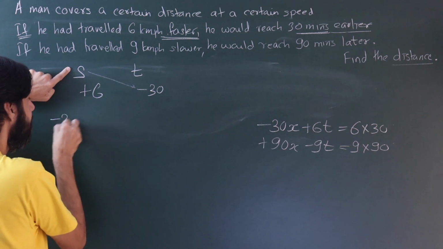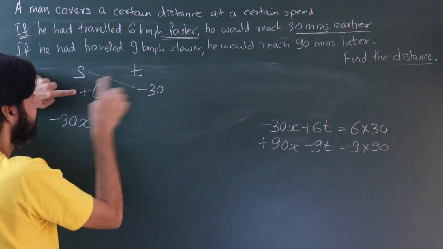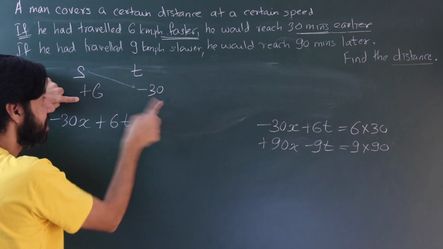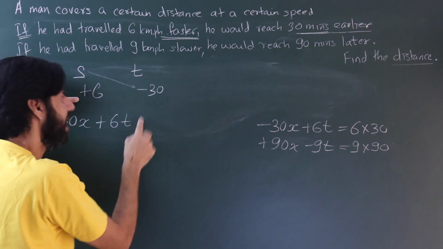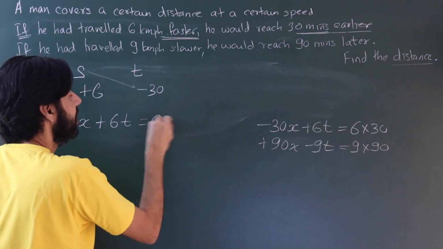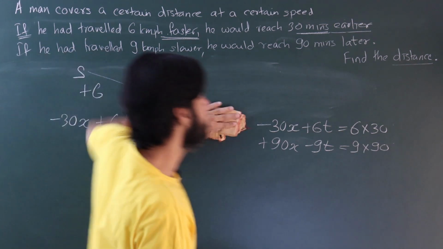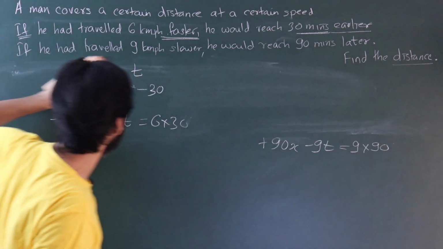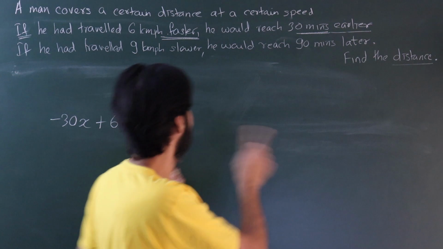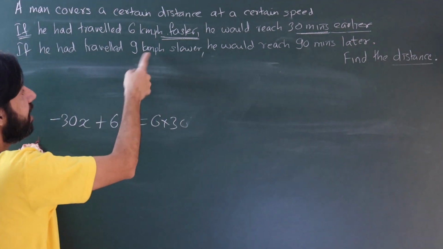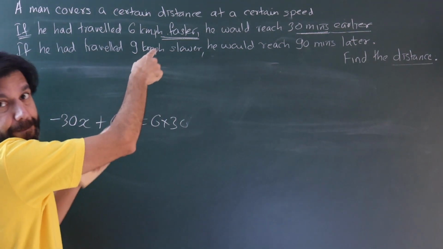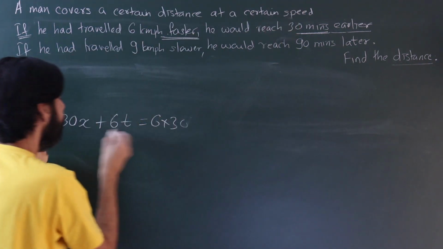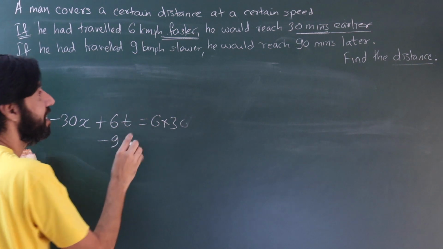Yes, I'm writing it. Minus 30x. This 6 gets multiplied with this plus 6t, and the constants get multiplied with each other. That is a minus 6 into 30. Take it to the other side, becomes plus. Can I do this? Absolutely. In one go, yes. The second one I'm writing, that too without even this, can I write? Oh, I should not have erased that, but let's see. 9 kilometers slower, minus 9 gets multiplied with t, variable t. Okay. Oh, so that is a minus 9t.